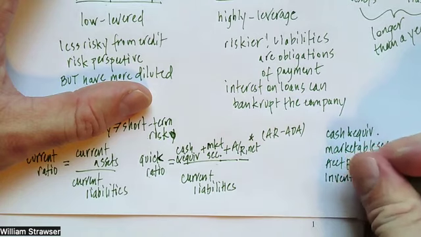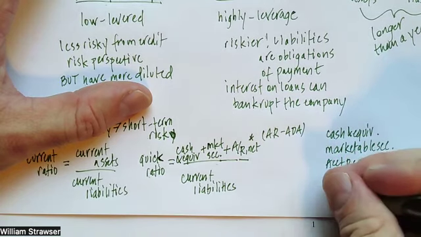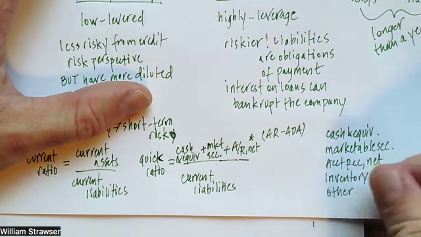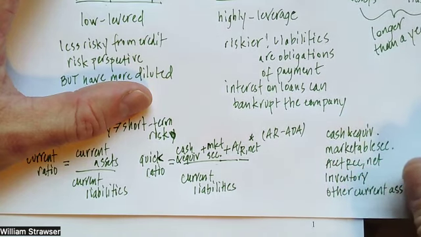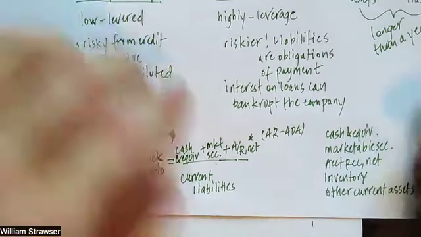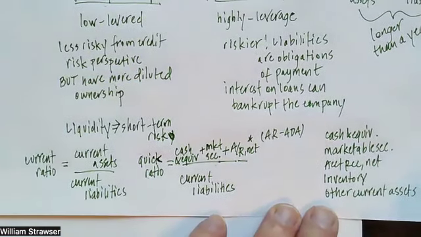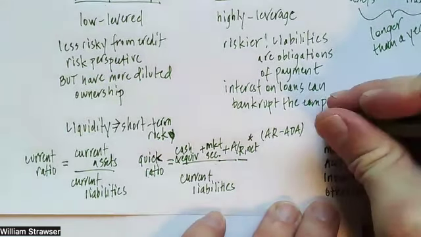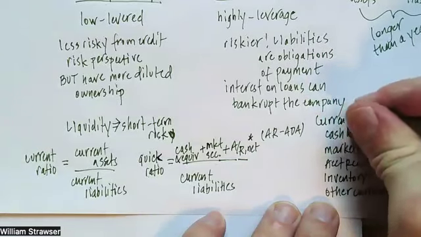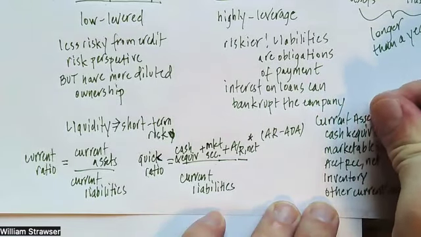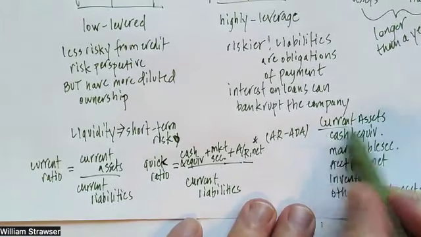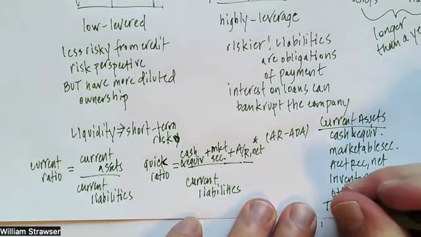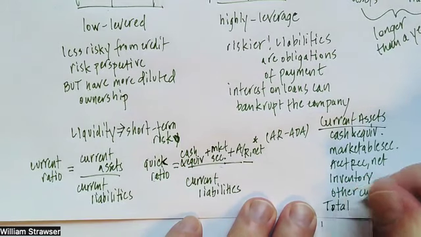Inventory is next, and other current assets are the final one. These are ordered in order of liquidity, and these are the designated current assets that all companies tend to have some of each, and there has to be a total